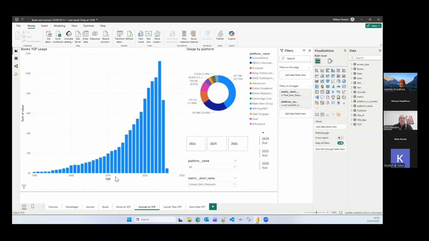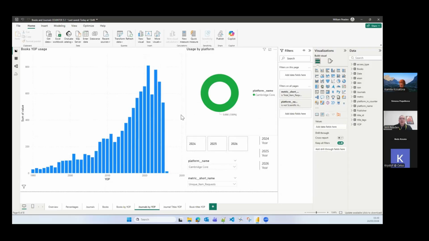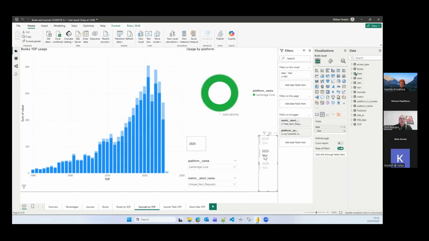So if I go back to this, what's quite nice about the way this is set up is that I've got my report filtered to unique item requests. I'm looking at what's being used and what year of publication. I might want to look at Cambridge, and then you might want to look at the comparisons. So that was everything that was used in 2025. That's everything that's been used in 2026. And